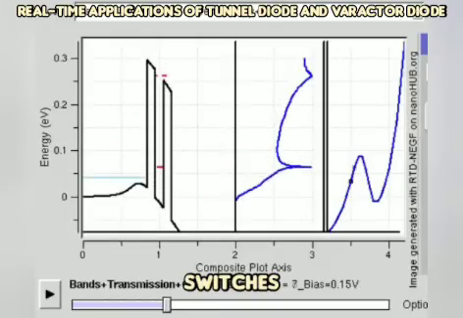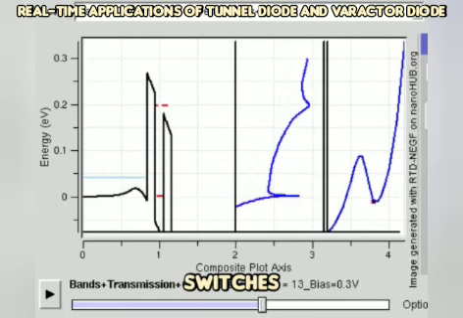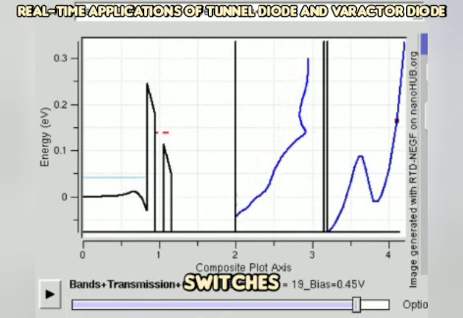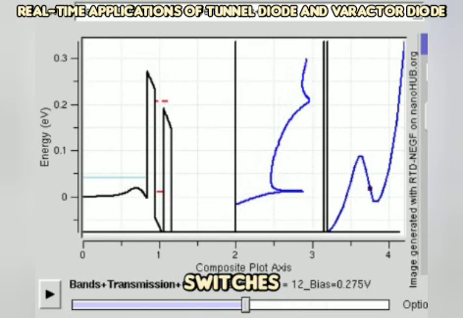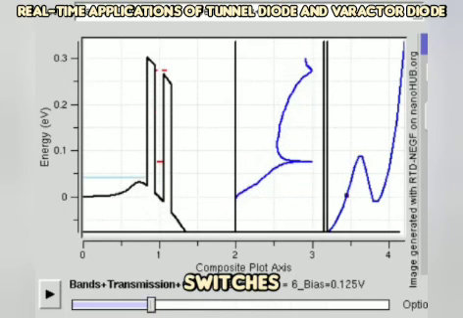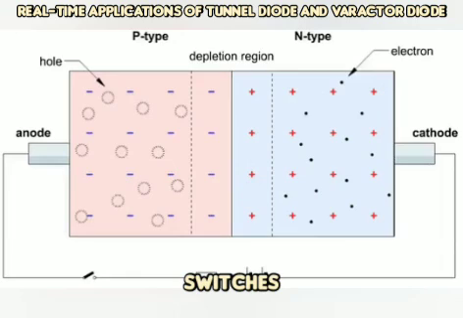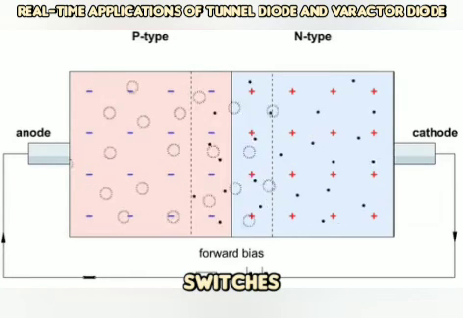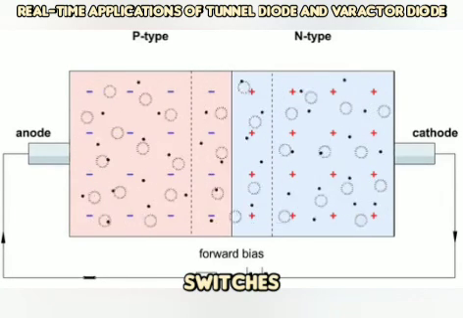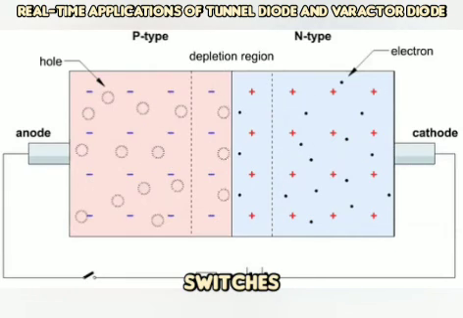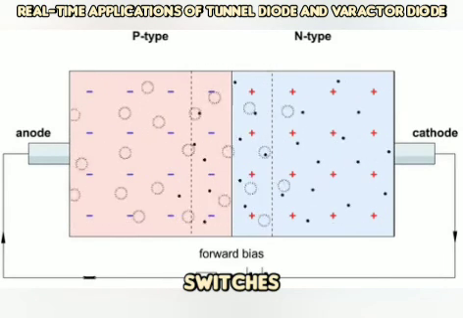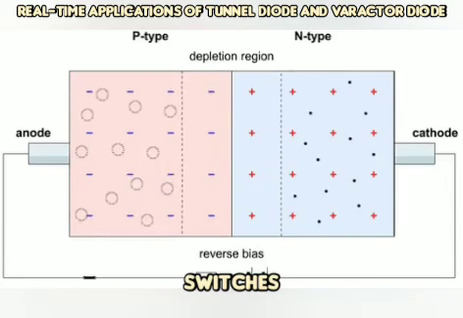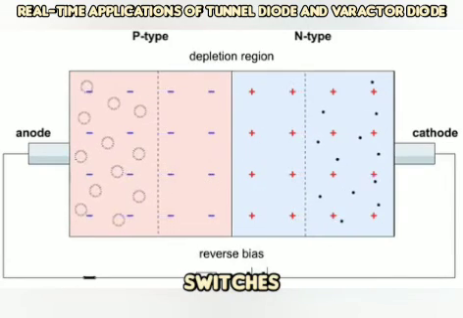Regarding the applications, the tunnel diode and varactor diode are mainly applied in amplifier and switching circuits. We have analyzed this a lot in the previous session itself. Of course, in any amplifier or any switching circuit, this diode plays an important role, and due to its special characteristics, the varactor diode and tunnel diode are applied in many real-time amplifier and switching circuits. This is about the topic which we have discussed now.